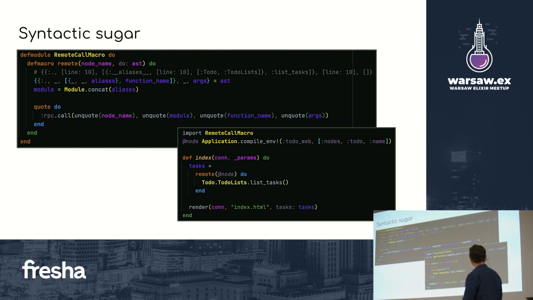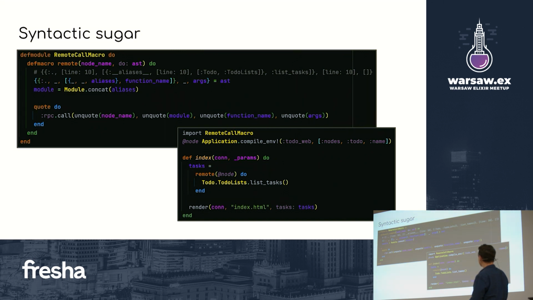We need the name of the function, and we need arguments, which are probably here. In this case, they are empty. So we use pattern matching to take this out of the structure. We need to slightly transform this module to match what RPC call needs,